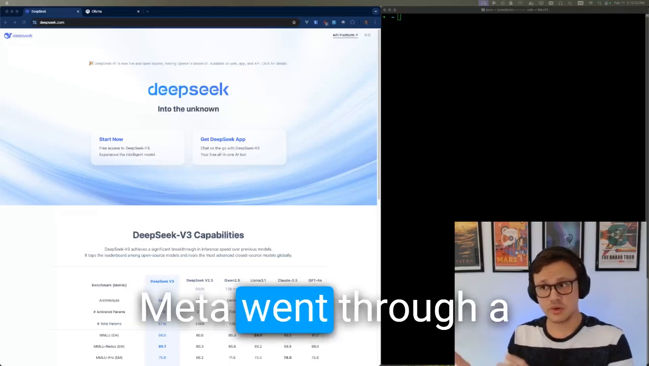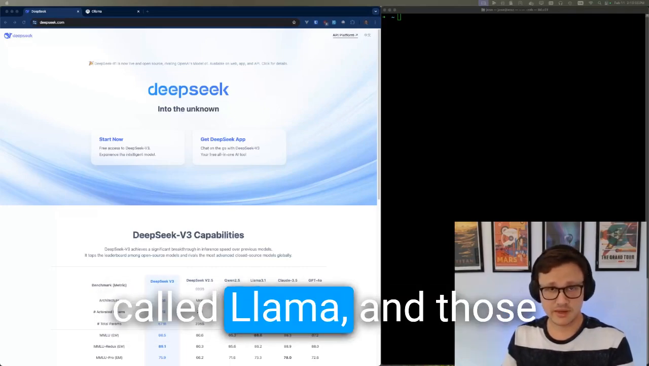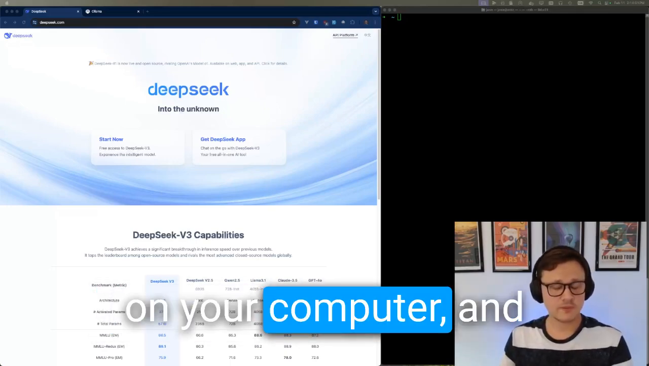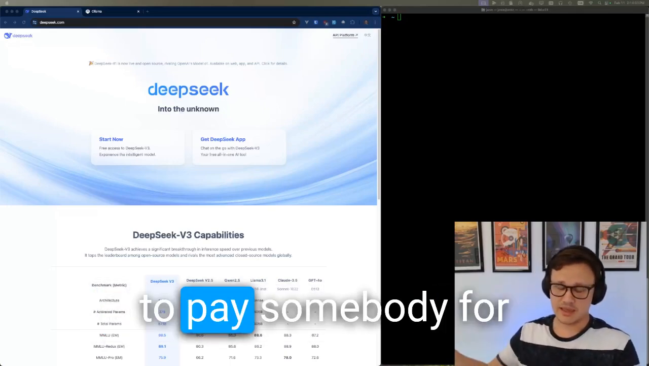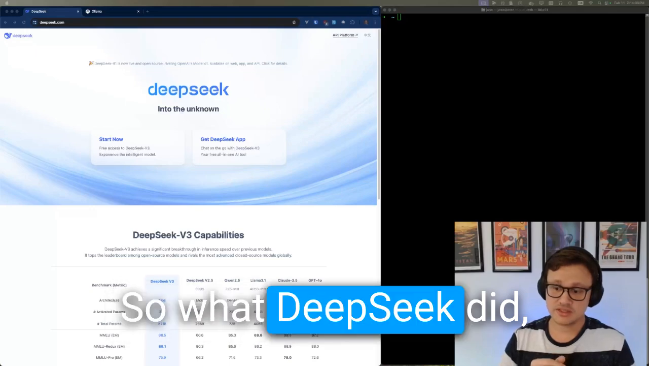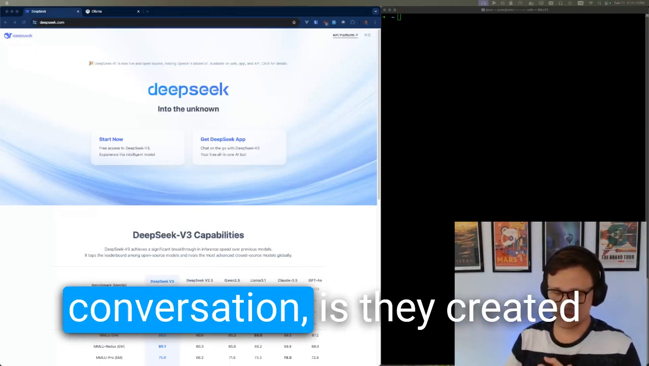Meta went through a different route and they created models called Llama, and those are open source. You can download them for free, install them on your computer, and run them without having to pay somebody for their proprietary models. So what DeepSeek did, just coming back to the beginning of the conversation, is